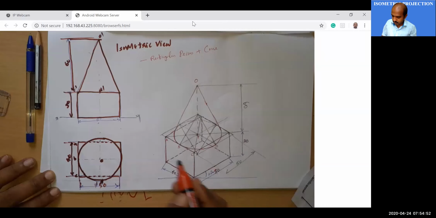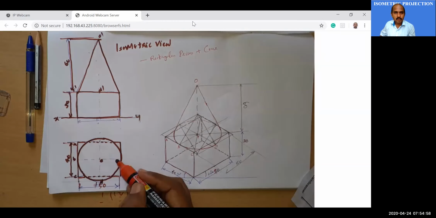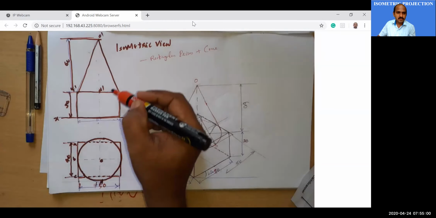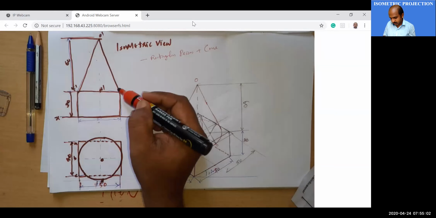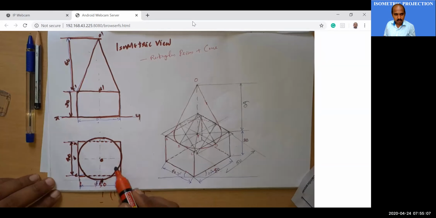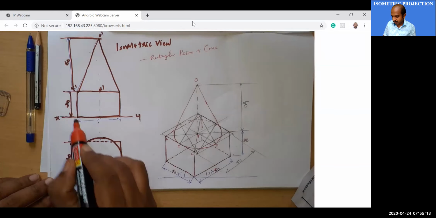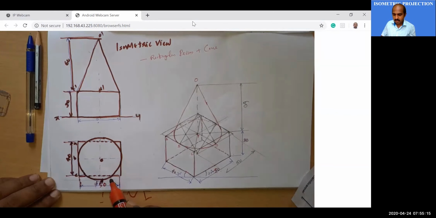Now this is your XY line. So now we have completed the top view and front view of the combination of the solid. The cone is resting on a rectangular block of length 50, breadth 40, height 30, with the cone having base diameter 50 and height 60.